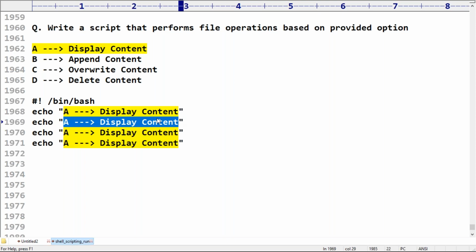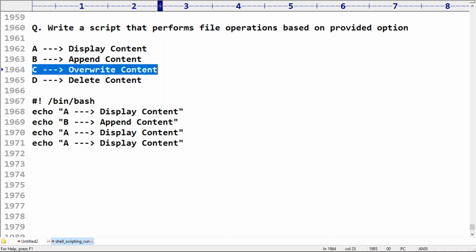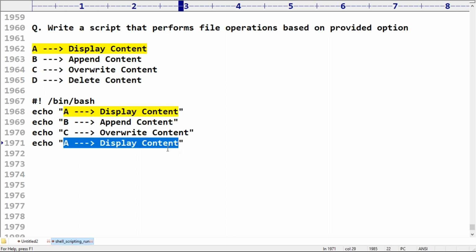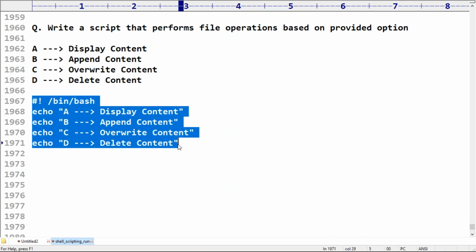It is going to provide options: a for display content, b for append content, d for delete content, like it is showing. Now it is clear. Sir Abjam, are you feeling any difficulty to understand this one? It is just showing the available options.